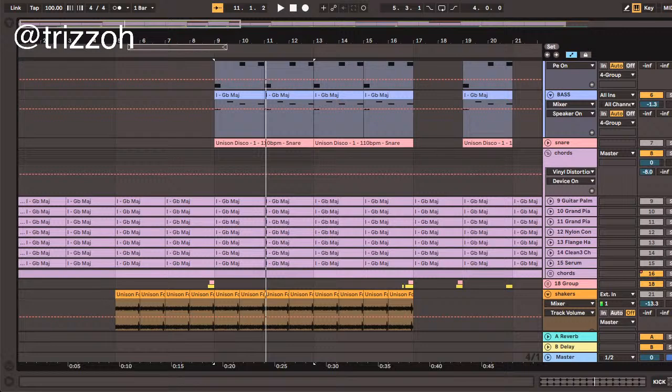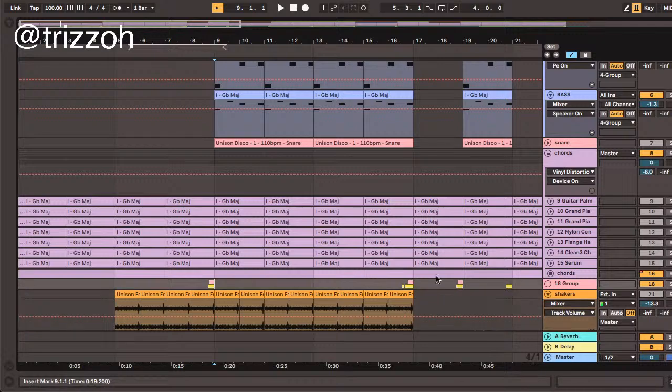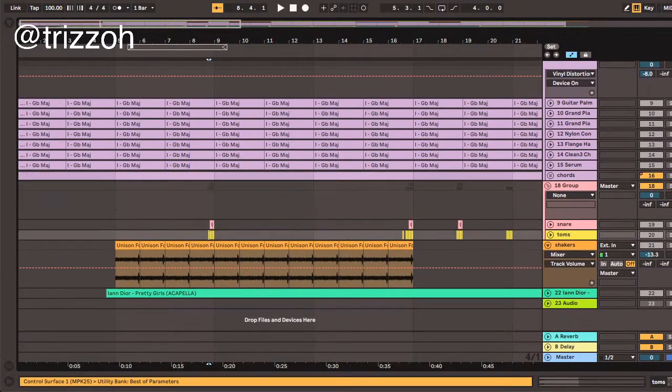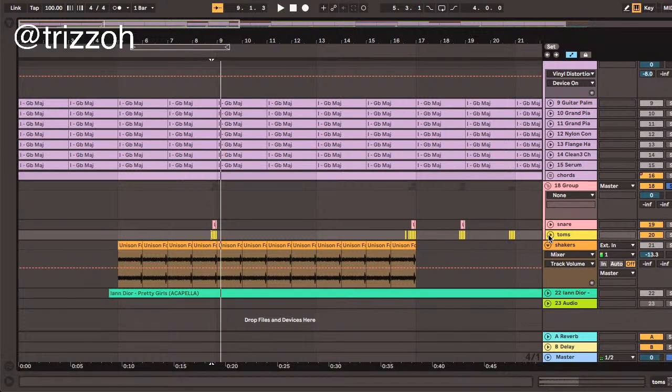Thank you, Caleb. Yeah, thank you. The more you mess around with Ableton and when you listen to music and really analyze it, you start to pick up on the little nuances of what's added on. Like, oh, I hear that they have the shakers over here, so I add the shakers over here, and then this little tom roll that they have right before the drums come in, I pretty much made that again. So yeah, I literally just,